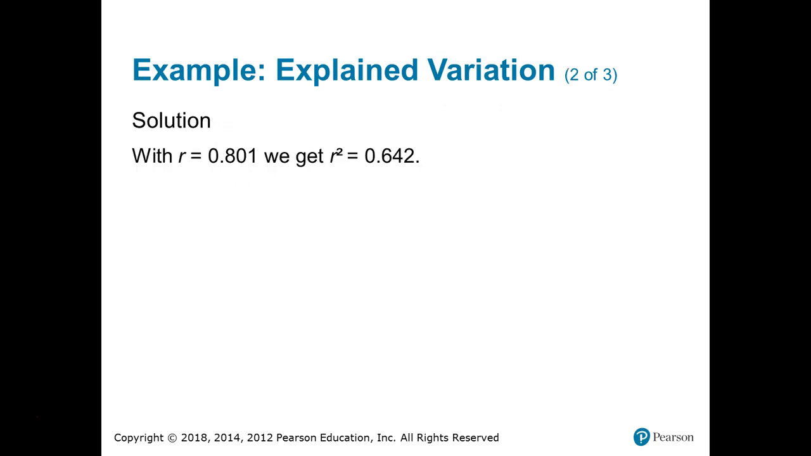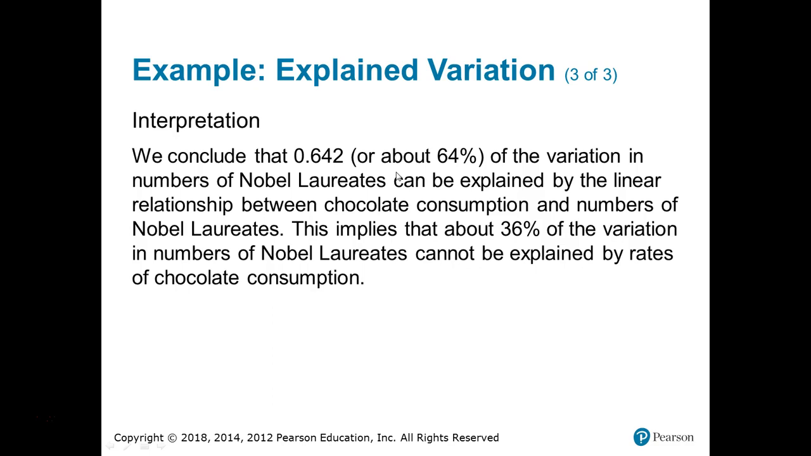So all you have to do is square r. So r squared is going to give you 0.642. So what does that mean? Here's my real kicker with this whole explained variation segment. So we conclude that around 64% of the variation in numbers of Nobel Prizes can be